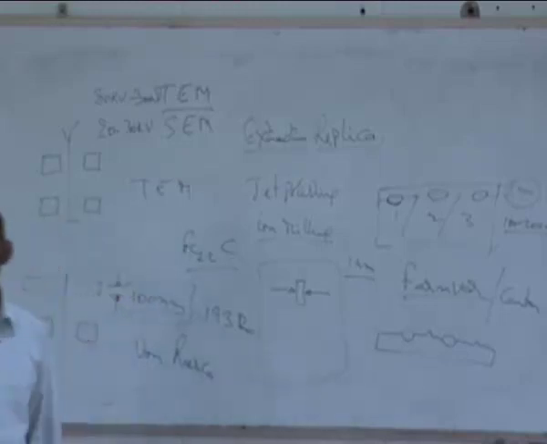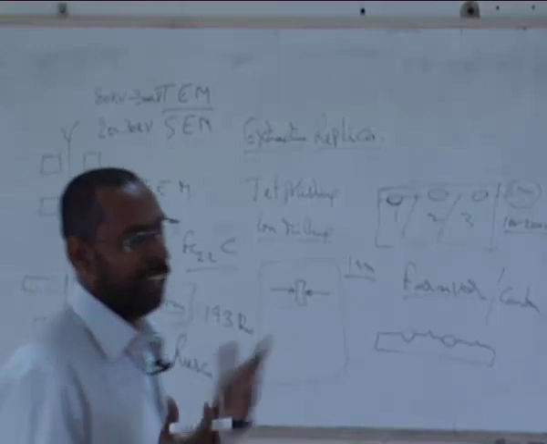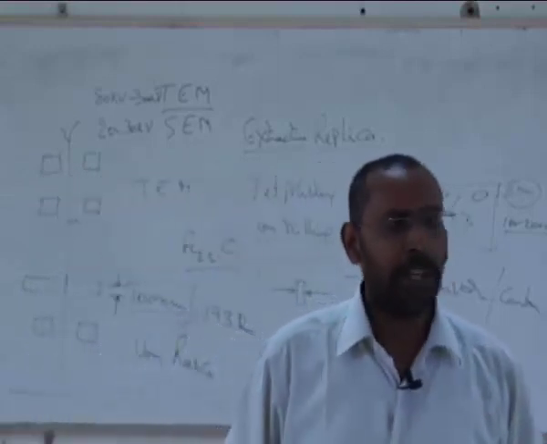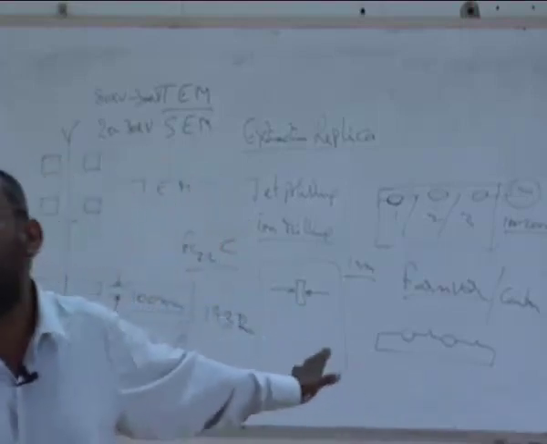This is a gentleman who made the first TEM, transmission electron microscope. With all the aberrations of the lenses that they had, they would not be getting anything beyond about 1 to 2 nanometers. Of course, that was better than an optical microscope, because an optical microscope was only 200 nanometers or so. So it was still useful.